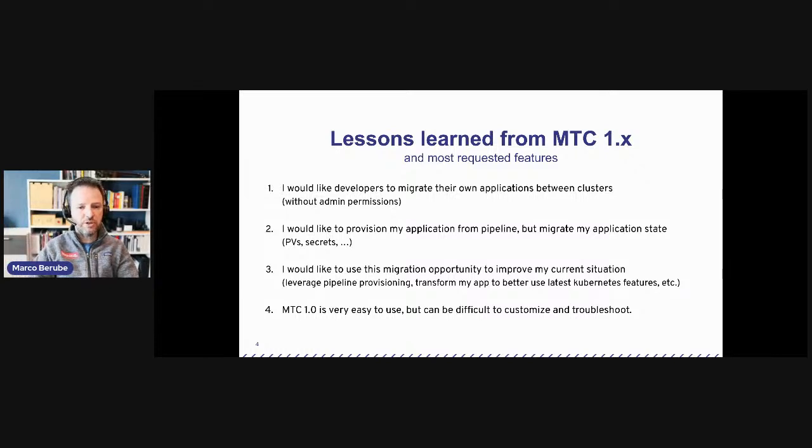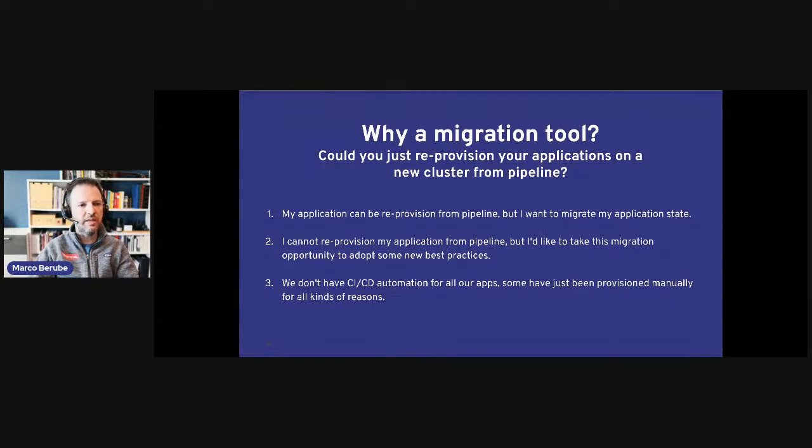And we also want to make sure that this is as easy as possible to troubleshoot. We made significant improvements over the years with MTC, but we still believe that with Crane and the new architecture, it is going to be even better and easier to troubleshoot anything that could go wrong during a migration process, as we understand that you could have downtime, and this could be in a maintenance window. So anytime we can save troubleshooting and fixing issues is a very good thing when you are migrating applications. So that's one of the other key things we're thinking about while building this project, or this new architecture for